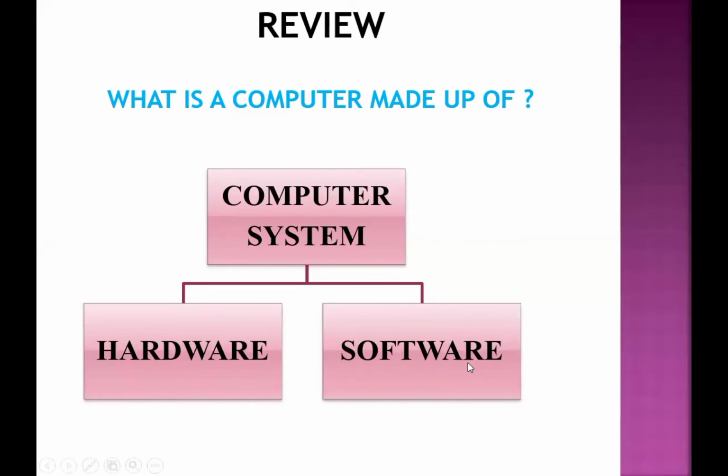And what is software? Hardware cannot work by itself, it needs instructions step by step. So software is a set of instructions used to perform a particular task. Examples of software are MS Windows, MS Word, MS Paint, KTurtle. These are all software, and we use software to perform a particular task.